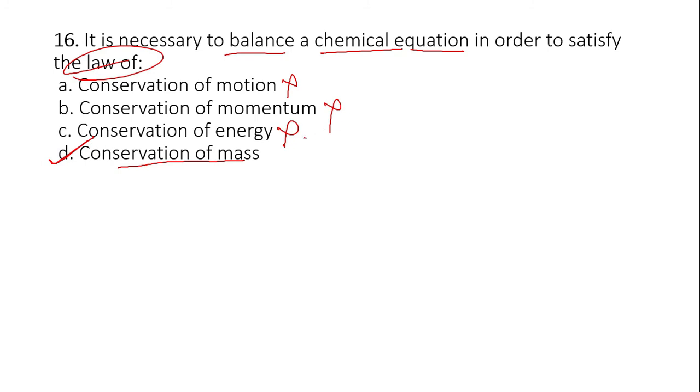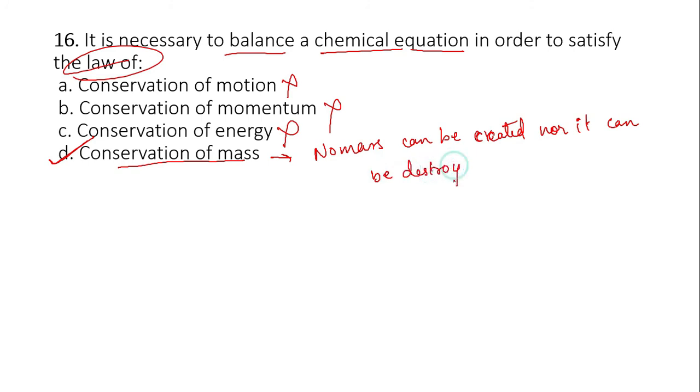And we also know that this says no mass can be created nor can it be destroyed.